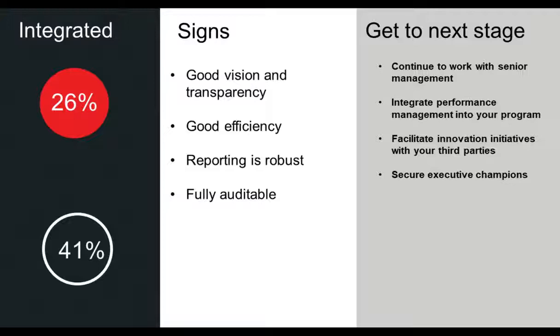And so it's not surprising, as I mentioned, that this is the highest percentage of organizations with really long-standing programs. They're still here. It takes a lot of work to get all of those parts and pieces in place. So I would say it's a good aspirational area to get to here. It does take a lot of time to get to and through this. And so at this point, you are starting to make decisions about how much further up the chain you really want to go, or do you even need to go? I mean, a lot of organizations, once they achieve this integrated state, that may be good enough.